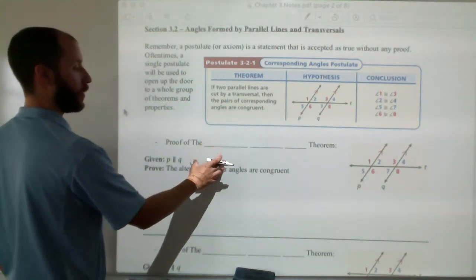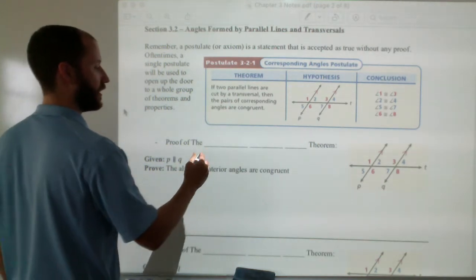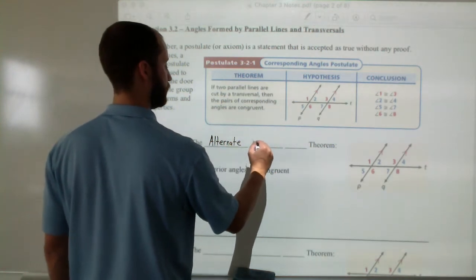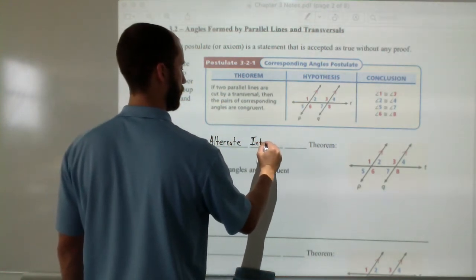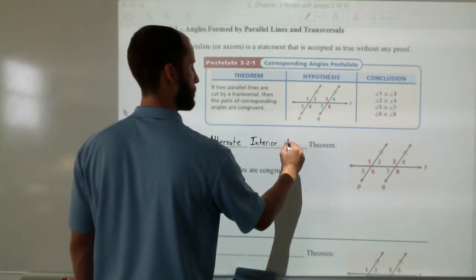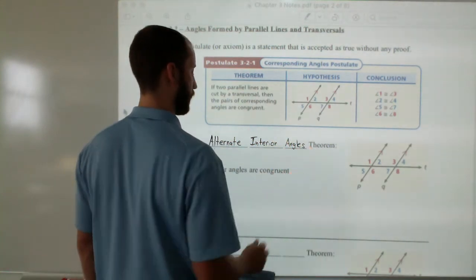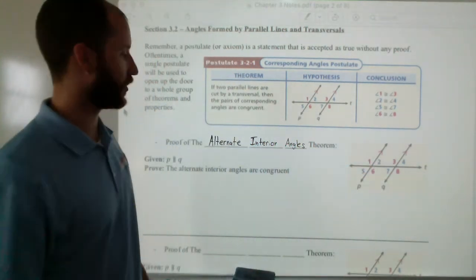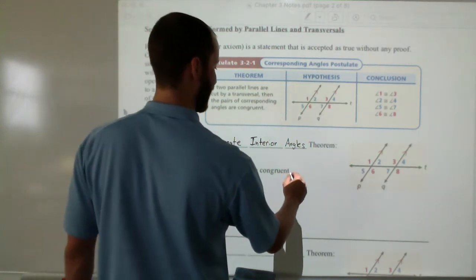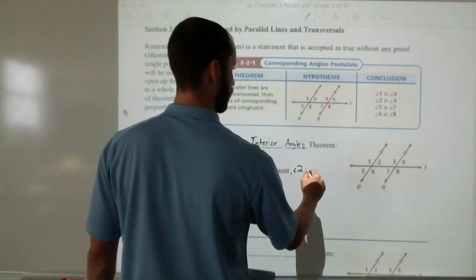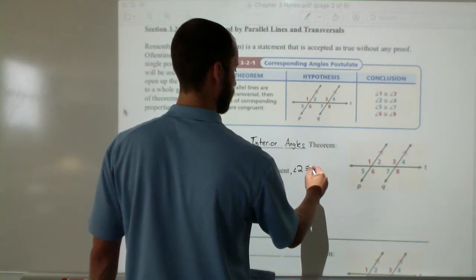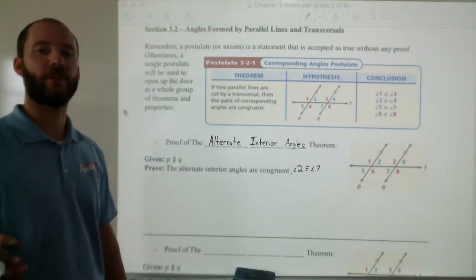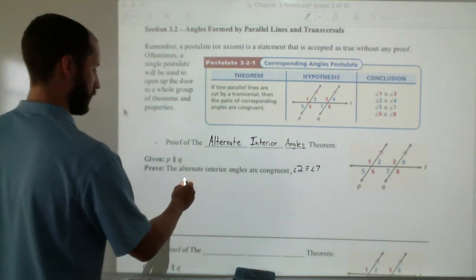All right, so we're going to look at one of those cases, the alternate interior angles theorem. We're going to look at a proof of that. So over here, we're going to be looking at some alternate interior angles. So we're going to focus on a case, angle 2 congruent to angle 7. All right, so we'll look at 2 and 7 trying to prove that those are congruent to each other. So we'll start off